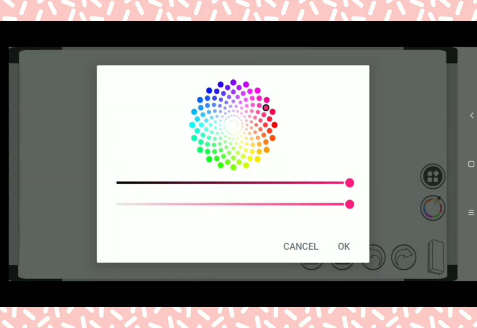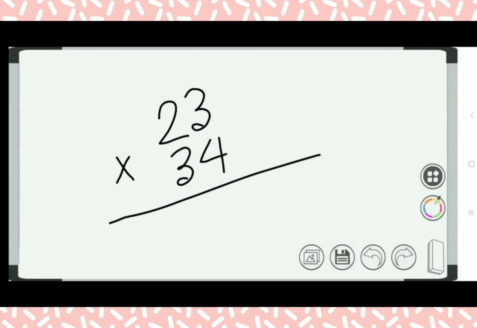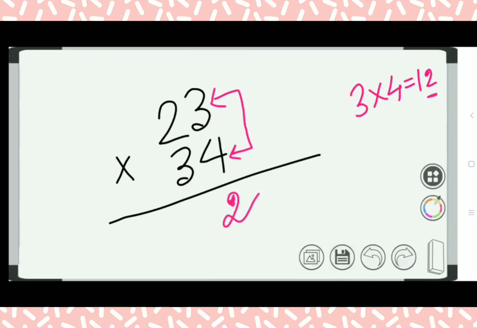First step, we will multiply this 3 and this 4, meaning both the unit place digits of the two numbers. It is coming 3 into 4, 12. You can see this 3 into 4 is coming 12. So this 2 will be placed here. We have written 2, and we have carried 1. You can see we have carried 1.